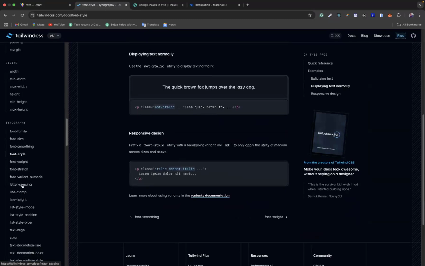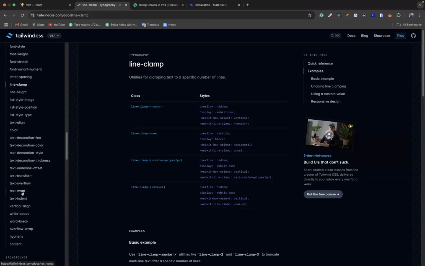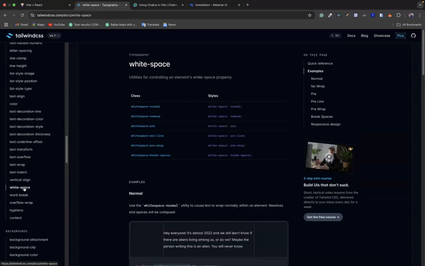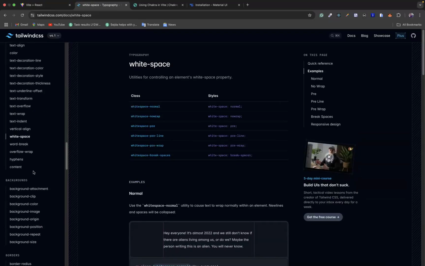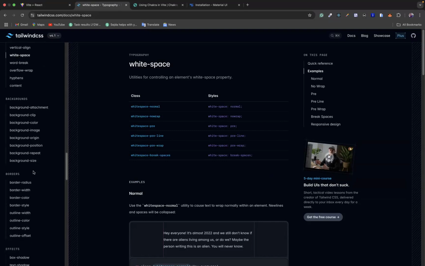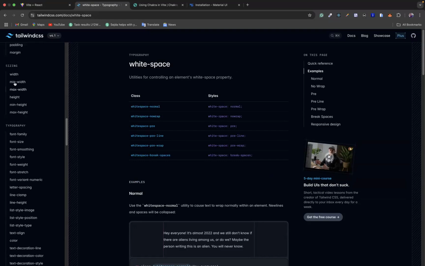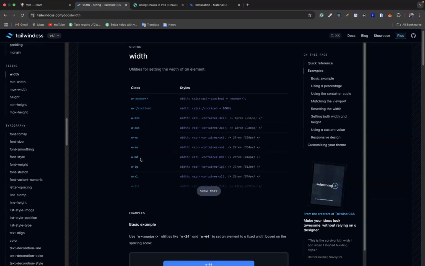You can also see letter spacing, line clamps. So Tailwind is quite limitless. You can actually tweak and modify most of these utility classes, right? So let's say we want to add width, okay? And we are looking at adding, so